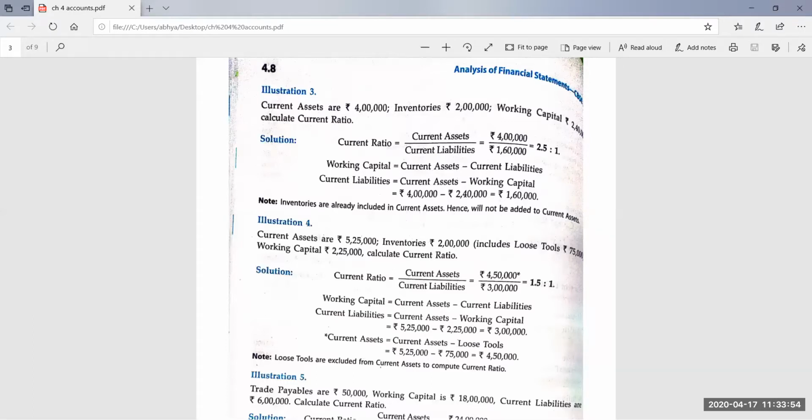Current liabilities are given as a whole concept. Trade payable is also given as an individual concept. Yes, please give me the answer in private. Yes, very good, Anmol. I am expecting some more answers. Khushi, correct answer, very good.